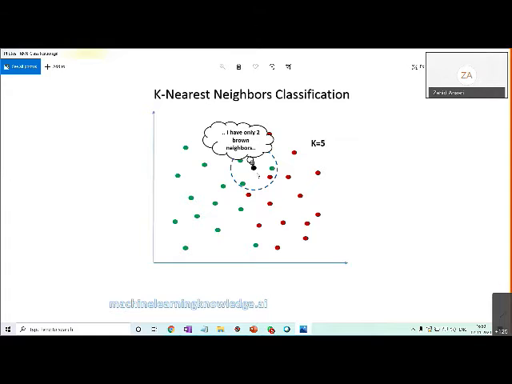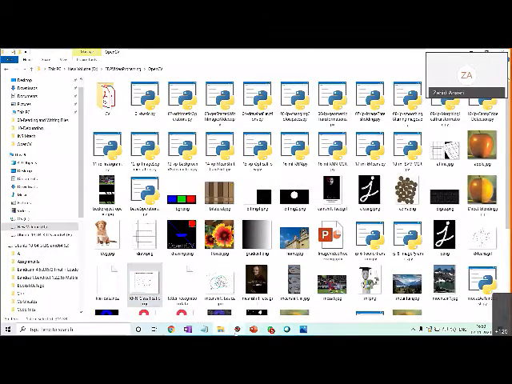You got it? So we want the k nearest neighbors, and based on majority voting, the class is decided, right? I think with just this demonstration, it should be clear to you, right? So we are making it green over here. So this is the concept. Now with this concept, I am taking you to the code.